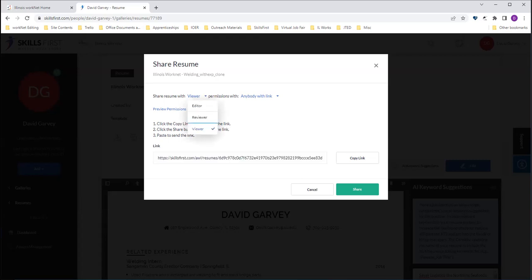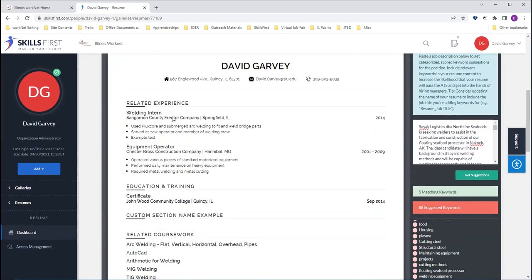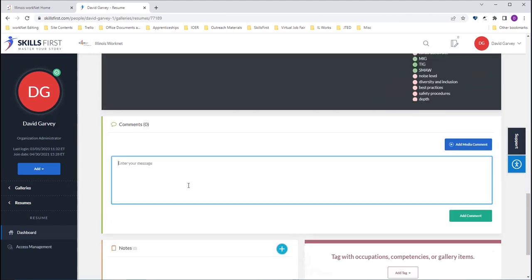And there's a couple other options here with the share resume with, and I want to make sure that I get this correct. So another option is the reviewer. So you can share a resume with a reviewer and you can send them the link. And so with reviewer, what that means is, with viewer, they could just see it. You'd just be able to see the resume, but with reviewer, you would be able to view the resume, and